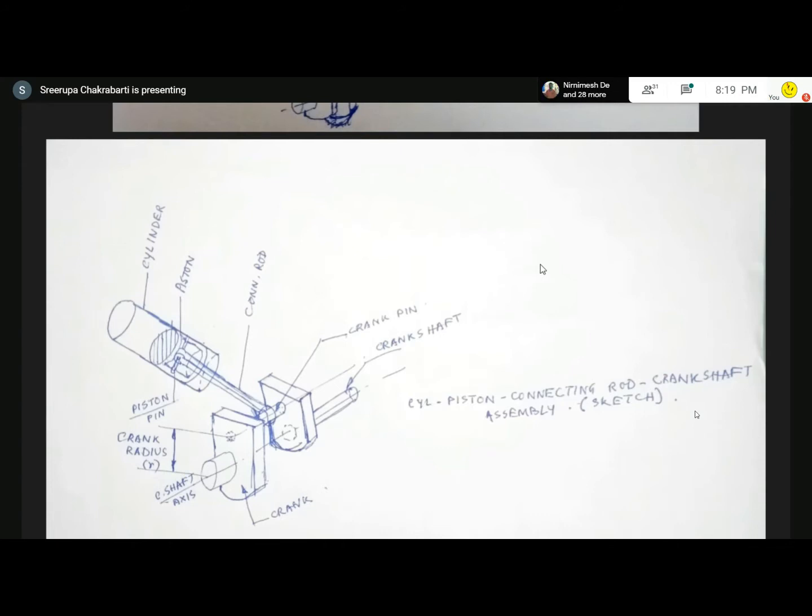Now, why will the piston move? The reason is that between the piston and the cylinder cover, we have a gas, and that gas is our working substance, right? For a petrol engine, that working substance is air and fuel. So when we burn the fuel inside the air, the products of combustion that are generated are at a very high pressure.